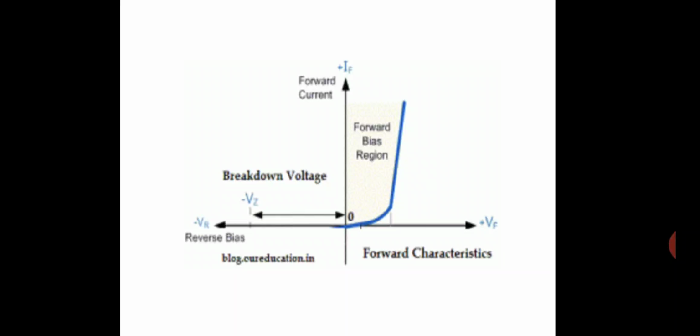When the input voltage of the DC battery is increased slowly, in forward condition the depletion layer breaks over at 0.7 volt for silicon and 0.3 volt for germanium. And after breakdown of the layer, the voltage is increased slowly but the current increases rapidly due to the large number of charge carriers in forward condition.